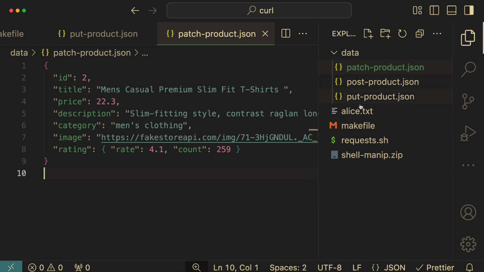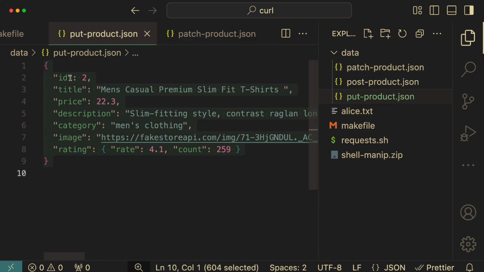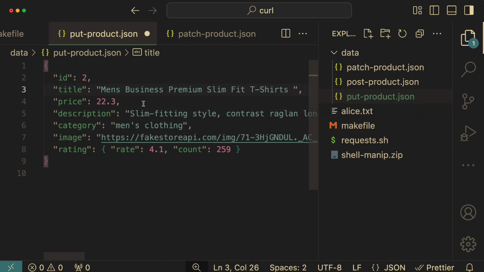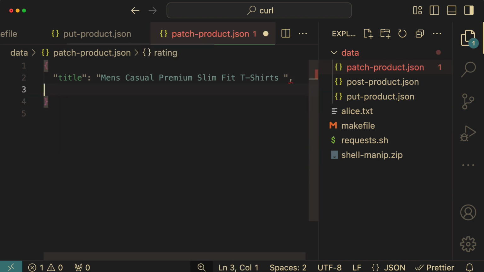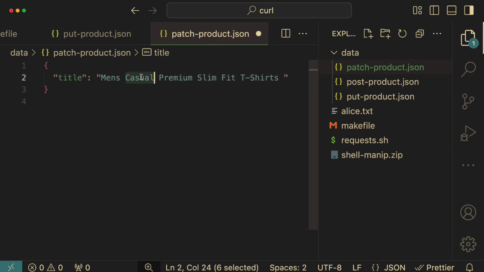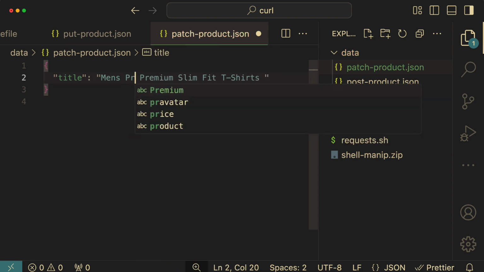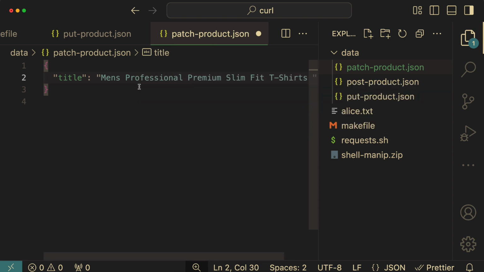So the way that it's been explained to me is that with put, you should send everything. So this can be Min's business premium slim t-shirts, like this. And with patch, you could actually get rid of everything except the title and go professional, professional premium slim shirts. So in theory, a patch means that you're doing a surgical replace on data. You're going to take whatever is in here, add it to the data that exists, and you should get back